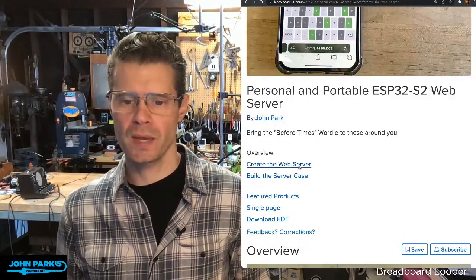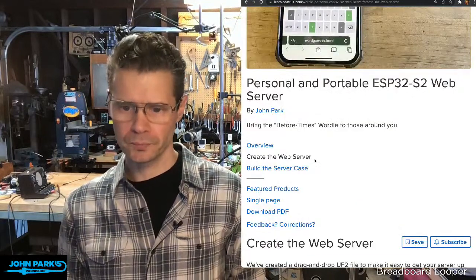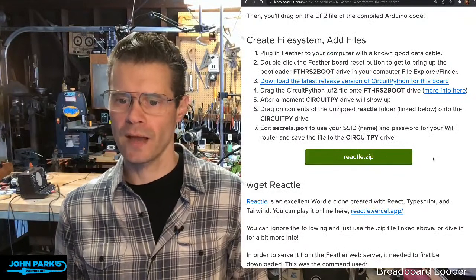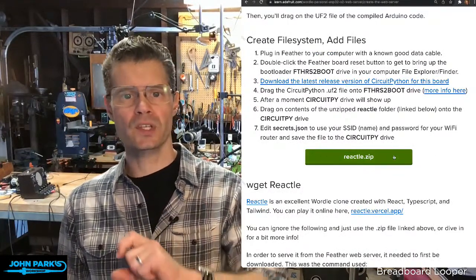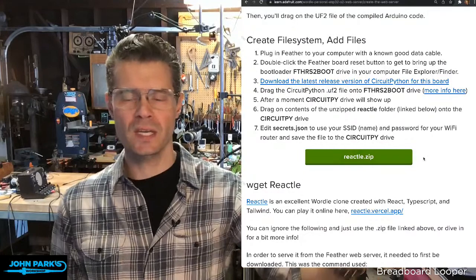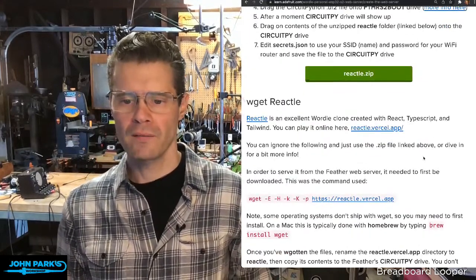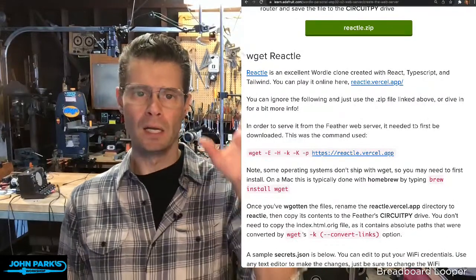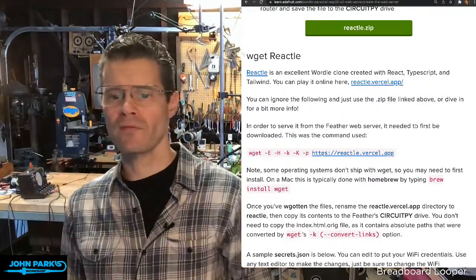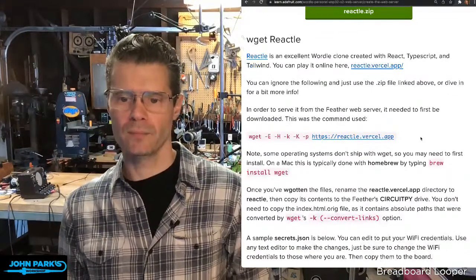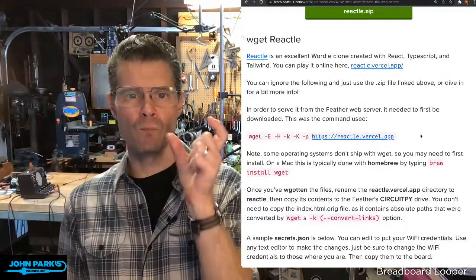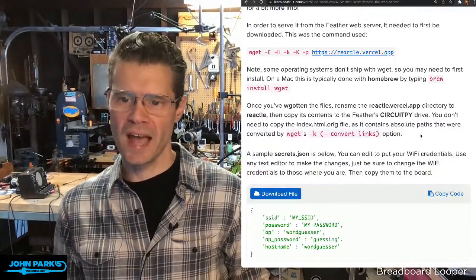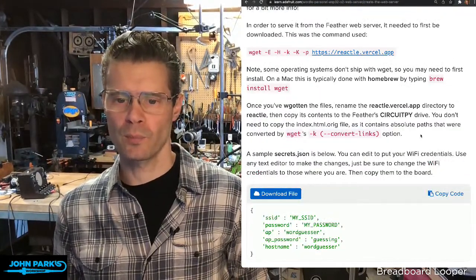So in this page called Create the Web Server, I've got Reactl, which is a really nice clone that we found. Reactl, you can just download the files that you need and put them on the drive, or there's a little bit here on using wget, which is a command line tool for cloning that web page and supporting files so that you can kind of suck down any web page that'll fit and will work on your own, so it doesn't have to be the one that we've put up there.